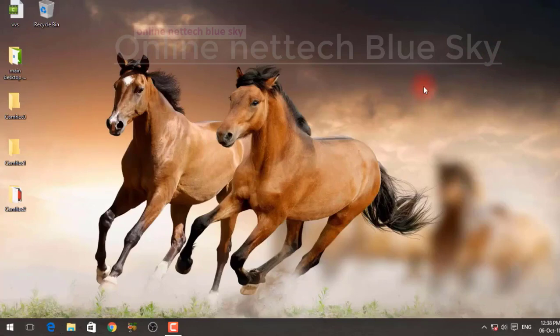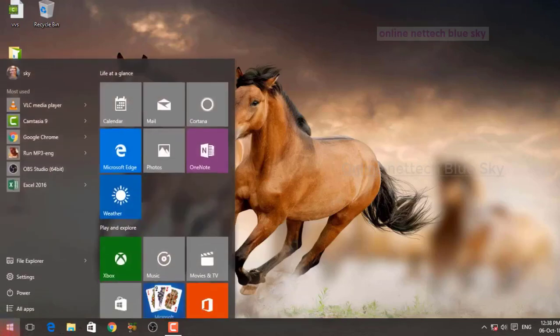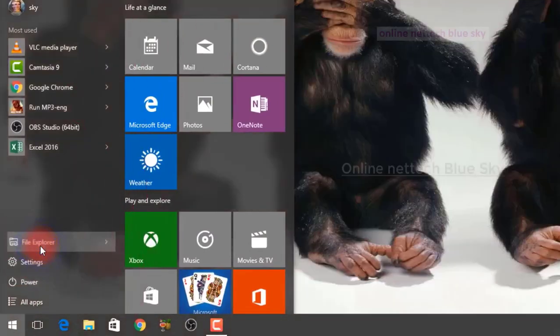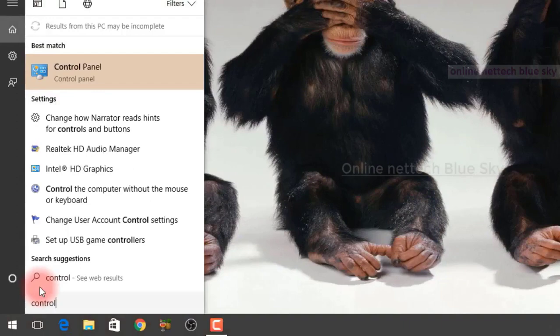But today I'm starting a new series and we will completely discuss every Control Panel option very deeply, because I'm not just showing an overview. I want to give much more knowledge about systems. So I'm clicking here on Control Panel.